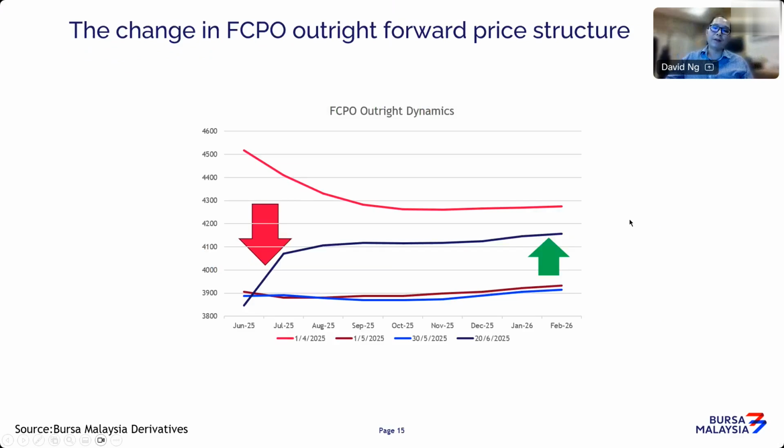So if you just look at one of the tables I showed you, I think there's a total of 24 future contract months listed for the FCPO market. So you have contracts right until the year 2028. Now, obviously, no one knows what will happen two years later, so a lot of people just want to focus at least on the first one year, looking at right now, from June 2025 to June 2026.